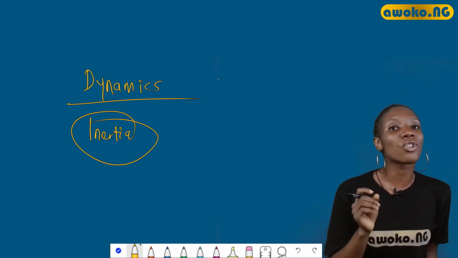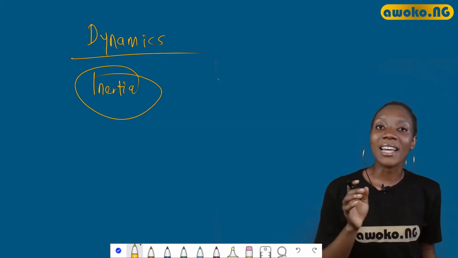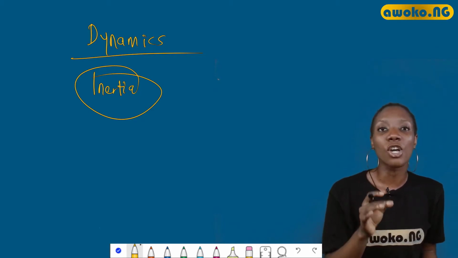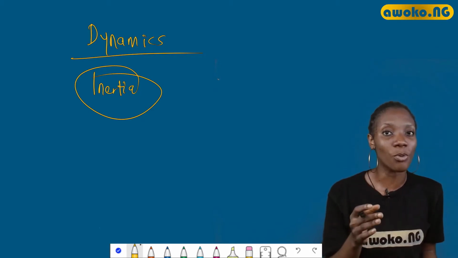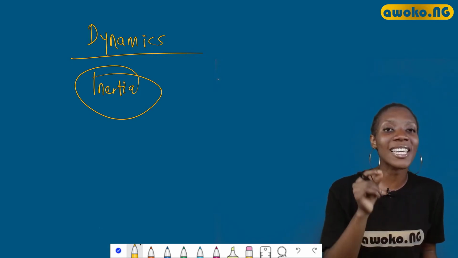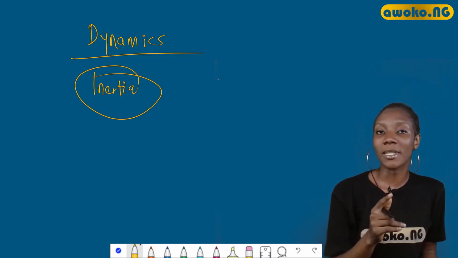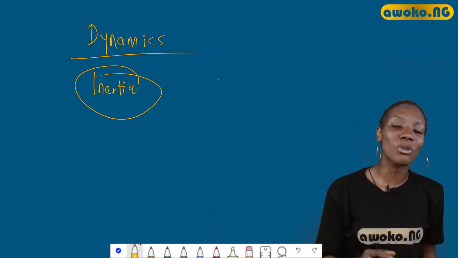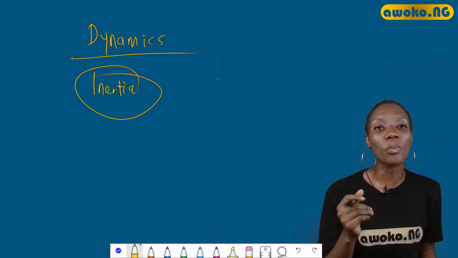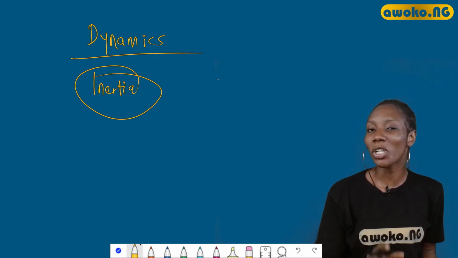Now, mass is a measure of the inertia of a body. For example, you have a truck and a kid's bicycle. Now, a truck will have more tendency to keep moving than a child's bicycle, right? This means that the larger the mass of an object, the greater is the inertia. Now, this is fair enough. But most times, mass and weight are used interchangeably in a wrong manner. This is so because both of them are two different concepts. But we shall talk about them much later, okay?